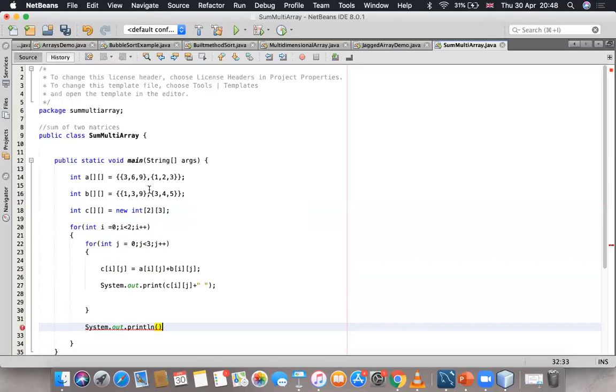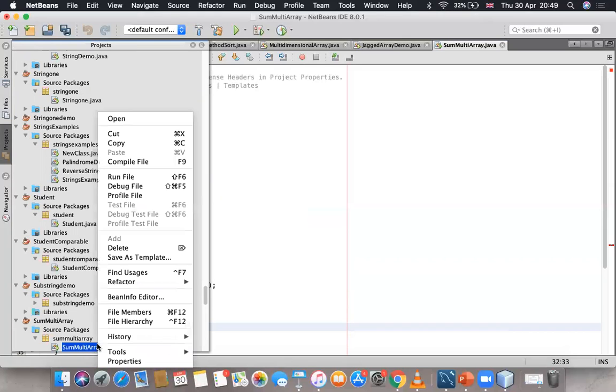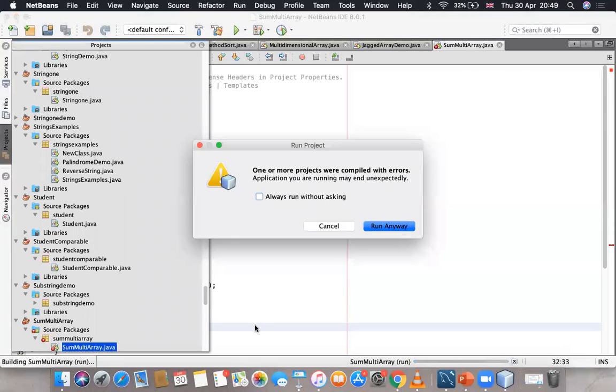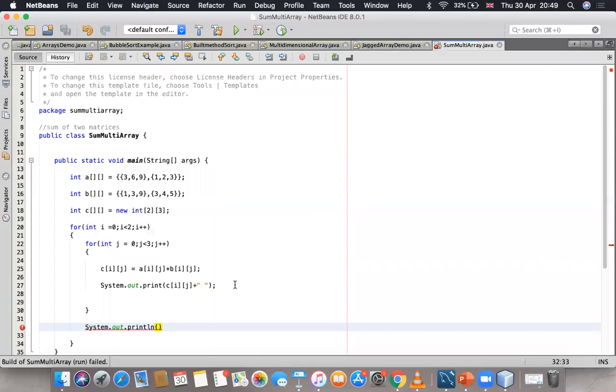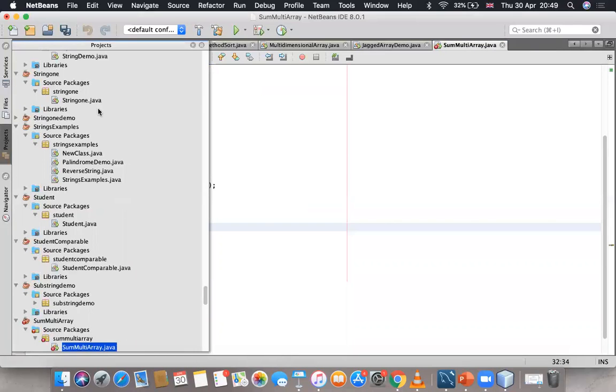Okay, 3 6 9, 1 2 3, and 1 3 9. So let us find the sum of the multidimensional array. Run file. Oh, there is an error. So let me cancel this and remove the errors. The semicolon is not there after System.out.println. So if I run this,